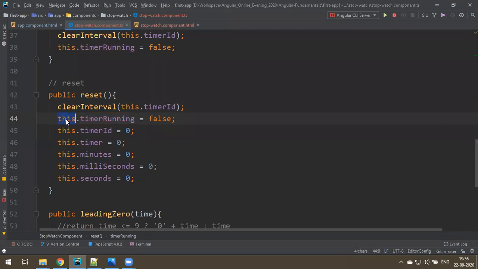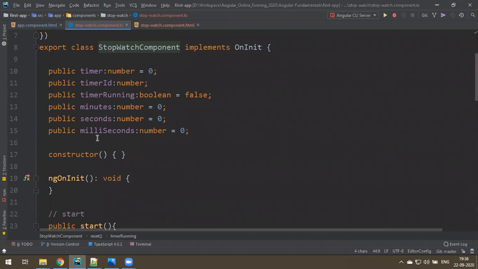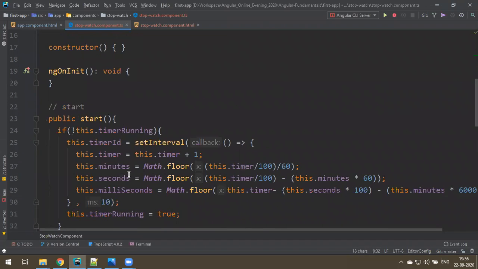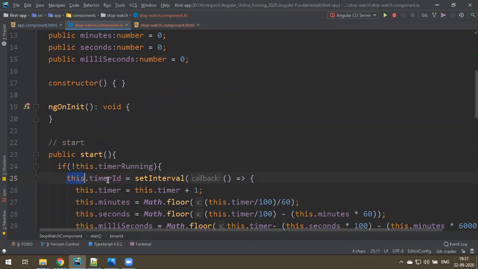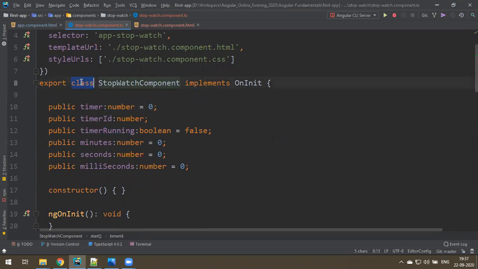This keyword, yes sir, this is very simple. This refers to the current object. Suppose this class object, you want to refer; this keyword is there in JavaScript also. Suppose you want to use the timer variable. Generally in JavaScript you declare with the let keyword, right? Timer, and we can use timer is equal to 10, timer is equal to 100. You can do like that, but if it is class-based and object oriented, if you want to refer to any element, any property here, you use this keyword. This is the current object of this class.